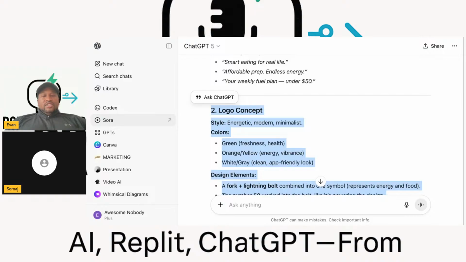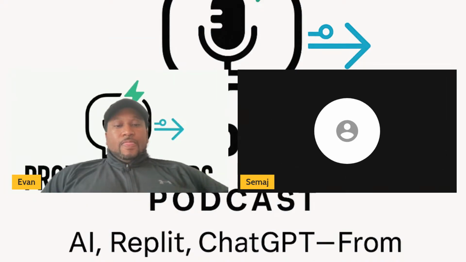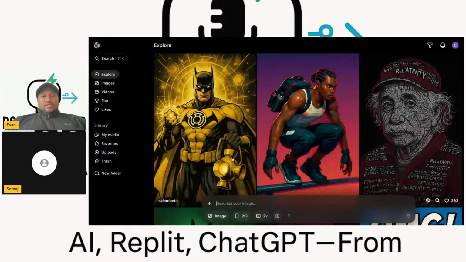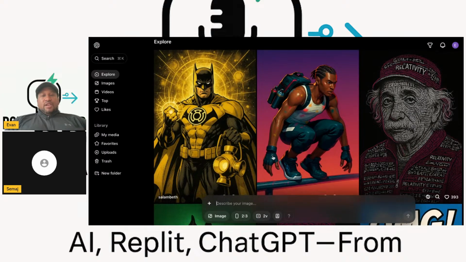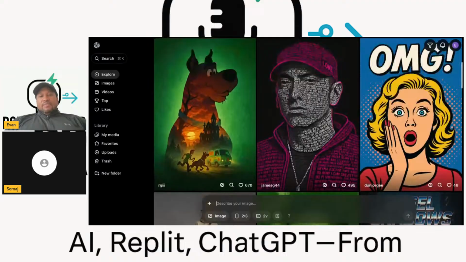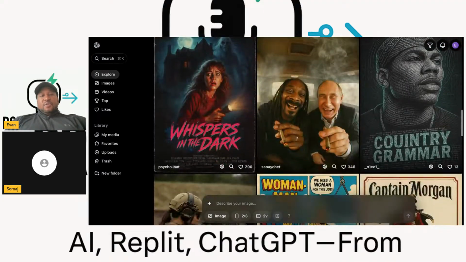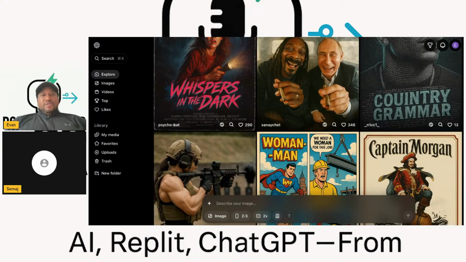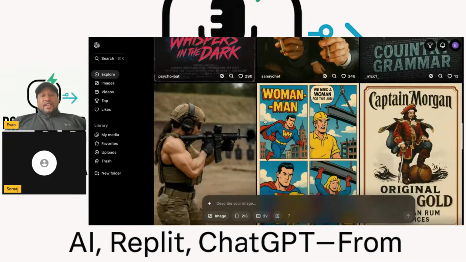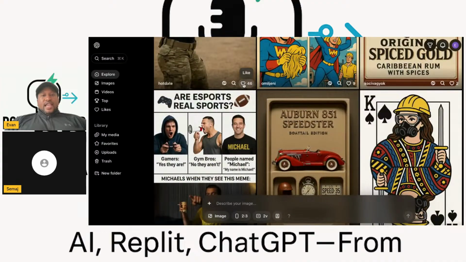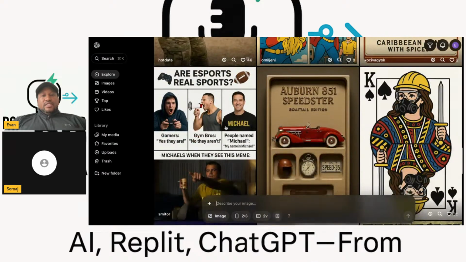So let me just share that screen again. Let's see. Here it is. Okay, so here's Sora, and this is in ChatGPT. I go over to the sidebar, I click Sora, and this is what it brings up. Sora is pretty much the same thing. It's a text to image creation, and this is like the front page. What we see here is other people's creations and things that they've done. You can like that if you want, or maybe remix it.